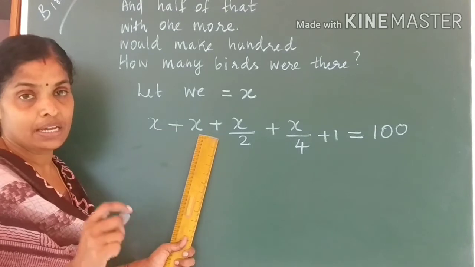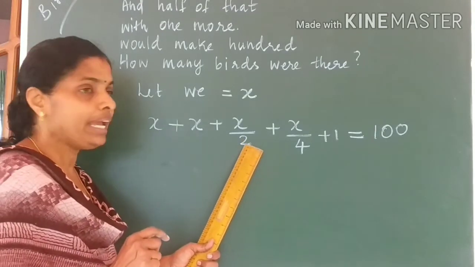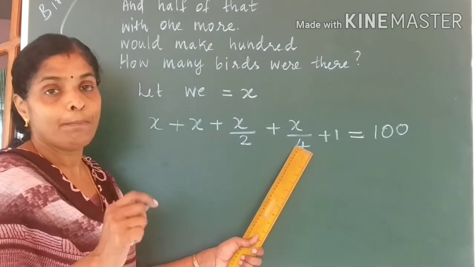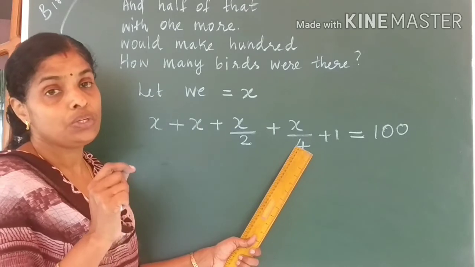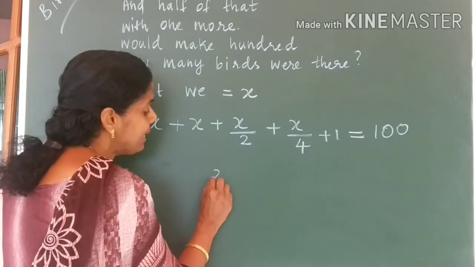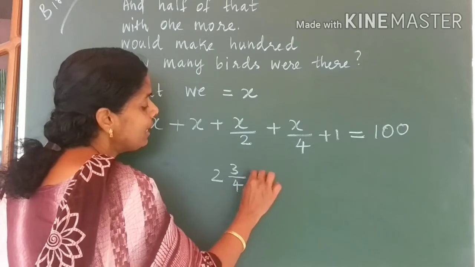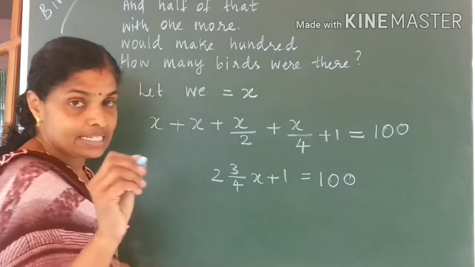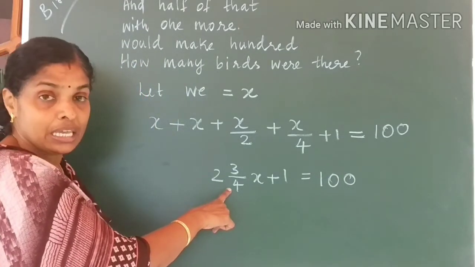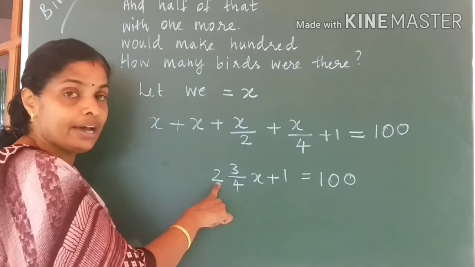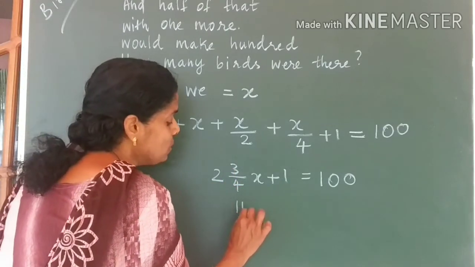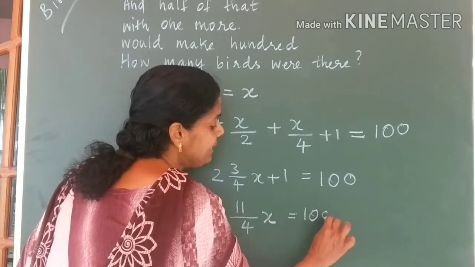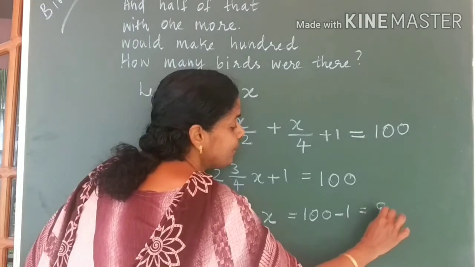1x plus 1x gives you 2x. 2x plus half x, 2 and half x. 2 and half plus 1 by 4 gives you 2 3 by 4. So you get 2 3 by 4 x plus 1 equal to 100. Let us convert this into an improper fraction. 2 4s are 8. 8 plus 3, 11. So you get 11 by 4x is equal to 100 minus 1, which is equal to